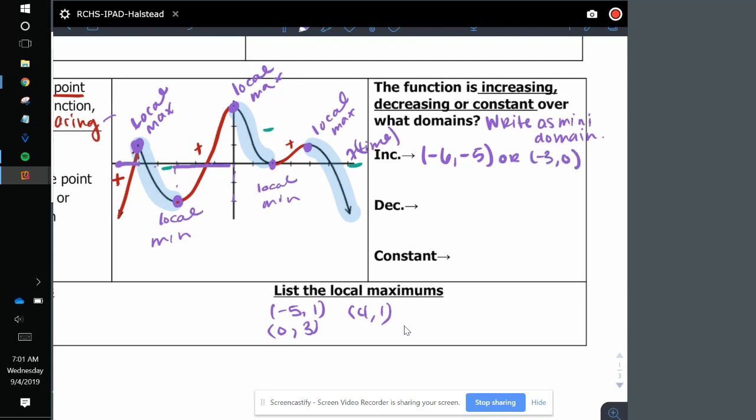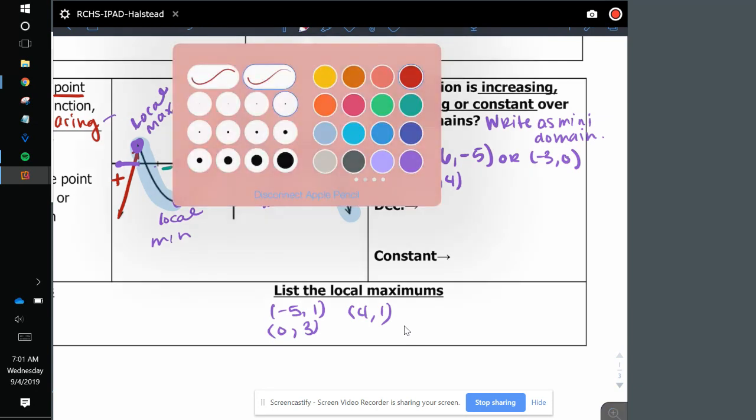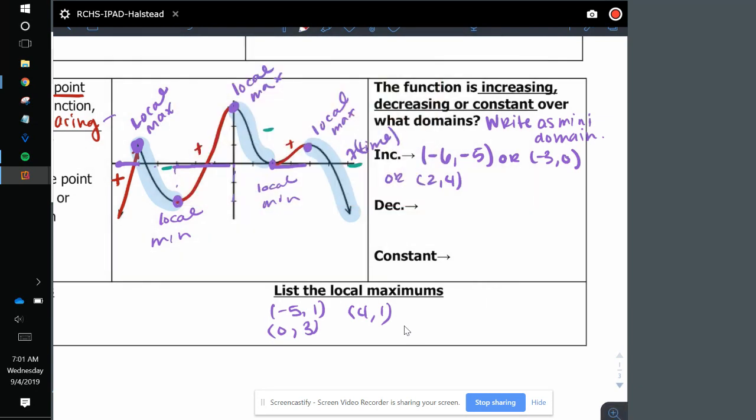-3 to 0. And then one more section from 2 to 4. All right, next we're going to do decreasing. So that would be from here to here. So this branch, okay? So that would be -5 to -3,